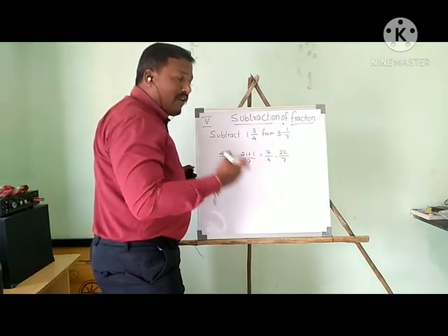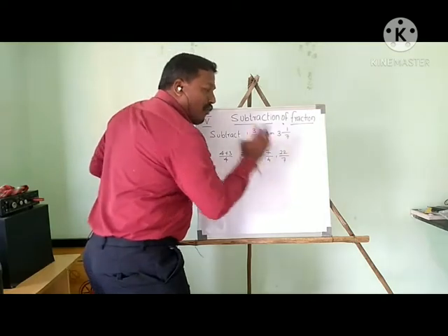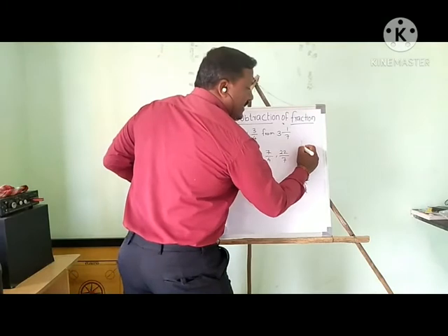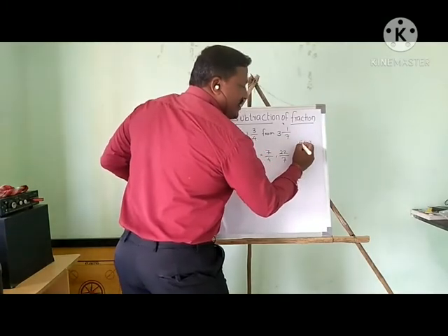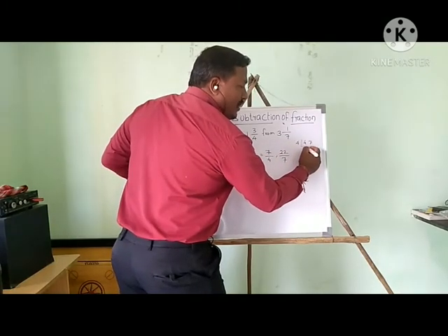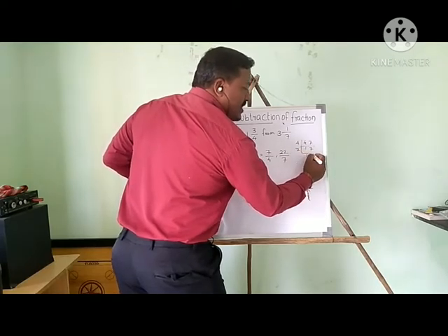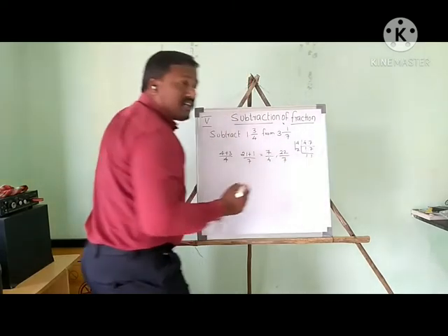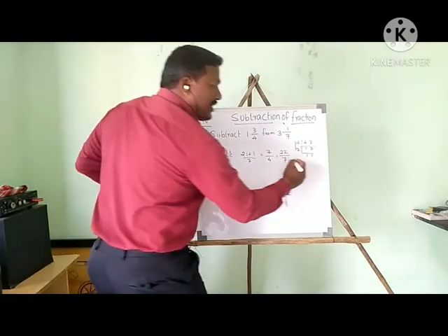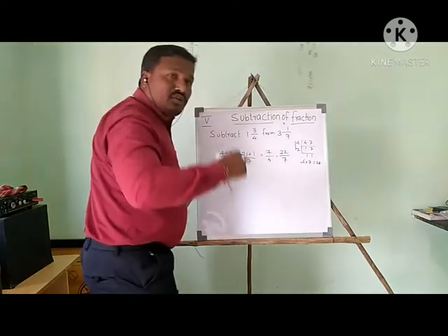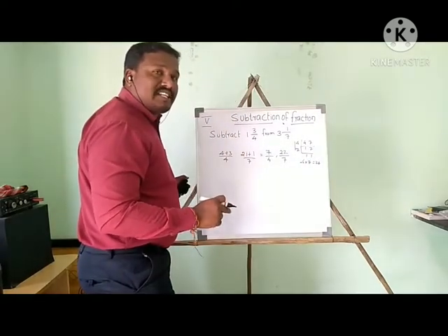Now we want to find out the LCM of 4 and 7. LCM of 4 and 7. If you see like this, 4 7. First I will divide by 4. So 1 4 is 4, 7 as it is. Now 1 as it is, 1 7 is 7. So 4 and 7 both are multiples. Now I am going to multiply. 4 7s are 28. So the LCM of 4 and 7 is 28.